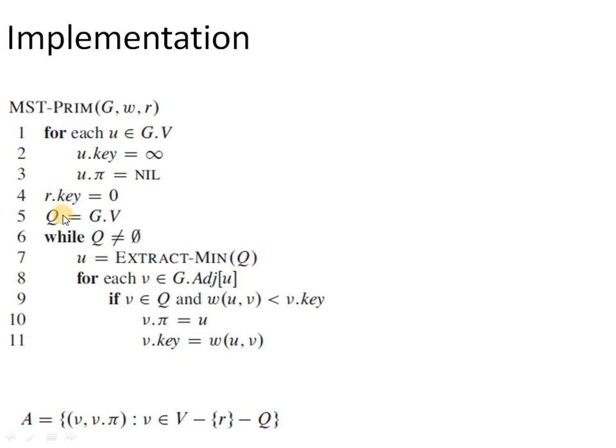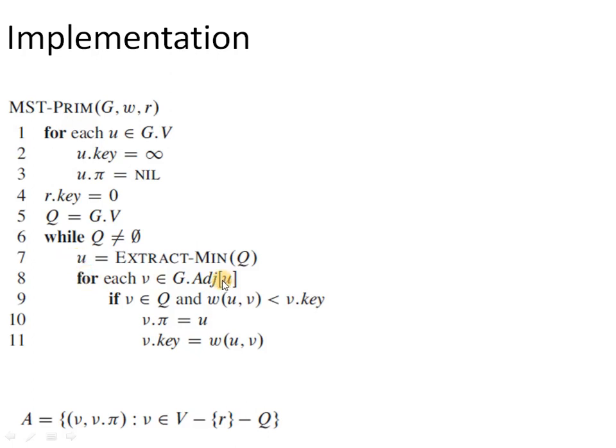And then at line number 5, we are creating a min priority queue for all the vertices which are present in the graph, and the priority is decided based on the key attribute of all the vertices. Based on the understanding of the minimum priority queue, we know that the root of the queue should have a vertex with minimum weight value. So definitely the root of the minimum priority queue should be the vertex r or the starting vertex which is provided in the form of vertex r. So once we are done with the initialization, we have to simply perform the deletion operation in the priority queue. That is, we will extract min. This will delete the root of the minimum priority queue.